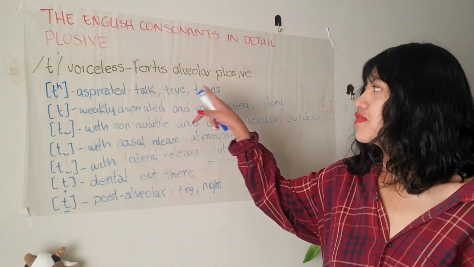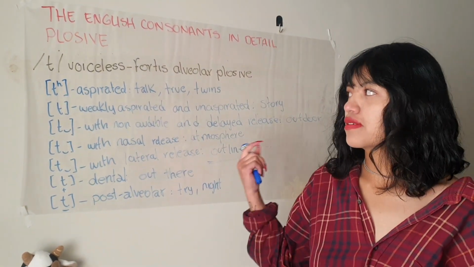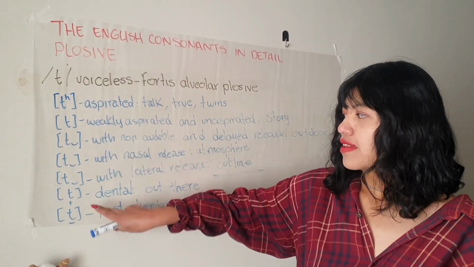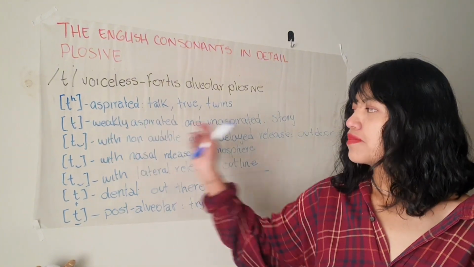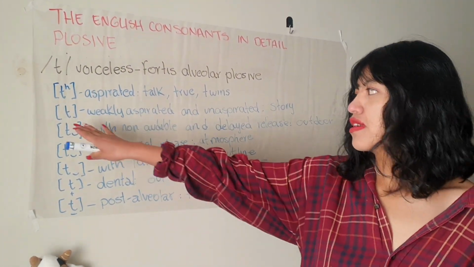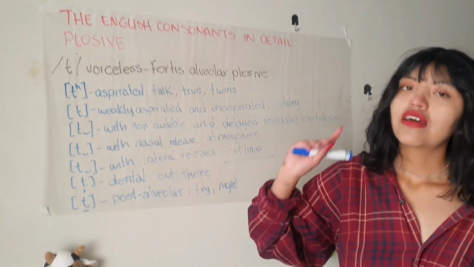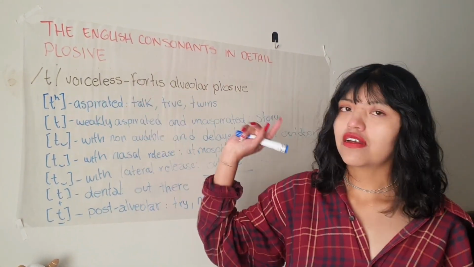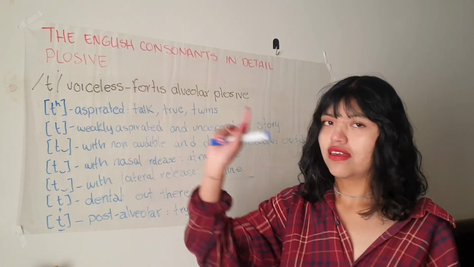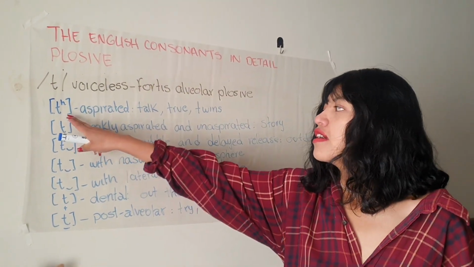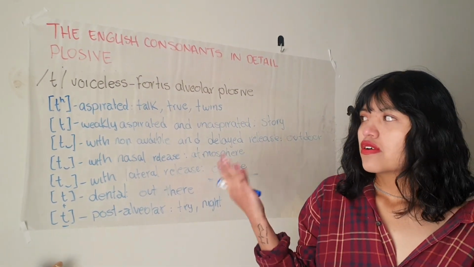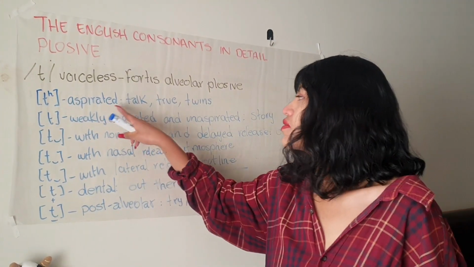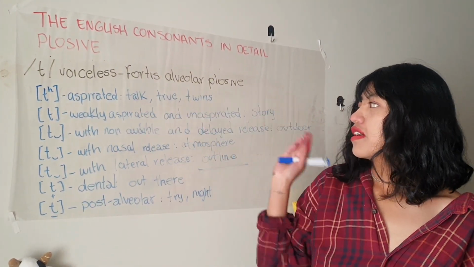Now we have the voiceless fortis alveolar plosive, and it has 7 allophones, as you can see. There are many. The first one is the aspirated. As we said at first, this little diacritic looks like a little h. It is used when the word needs aspiration. So we have examples like talk,